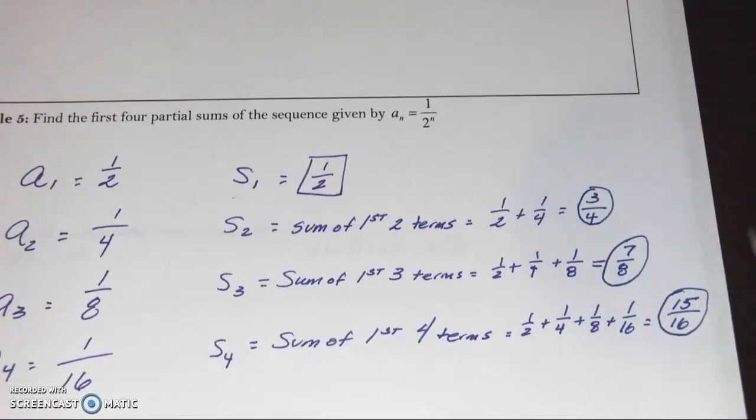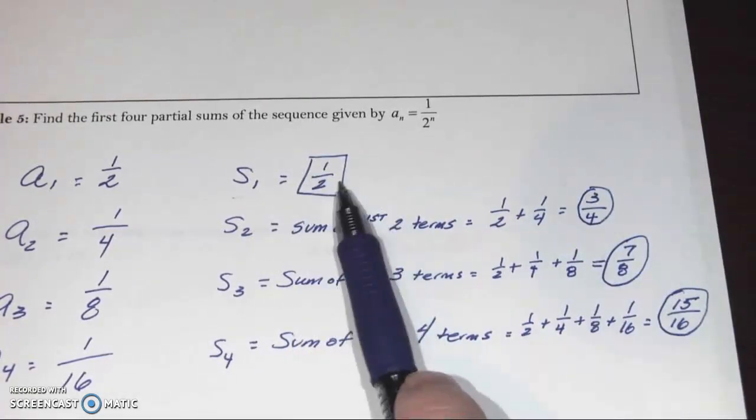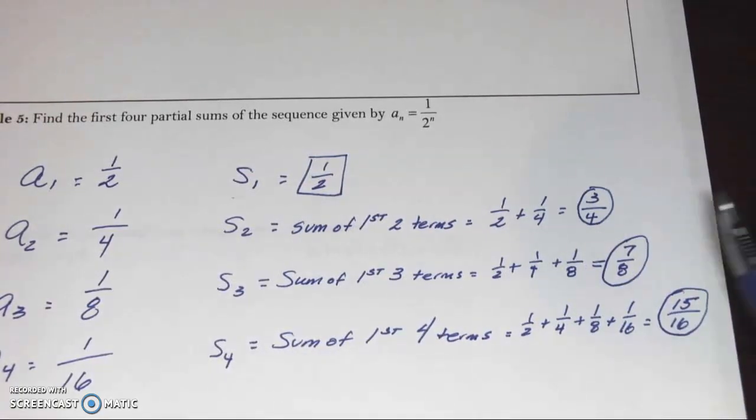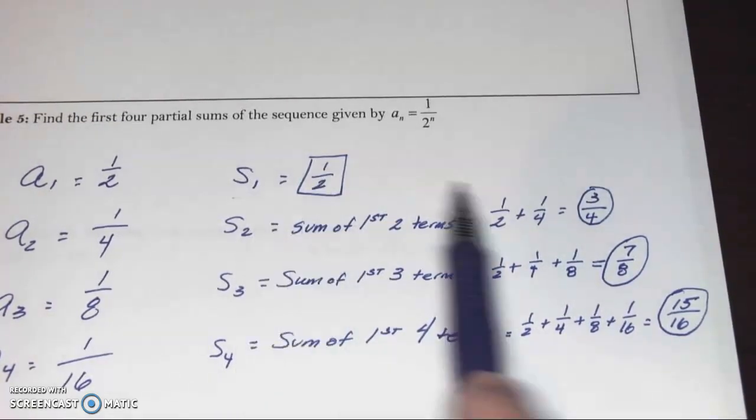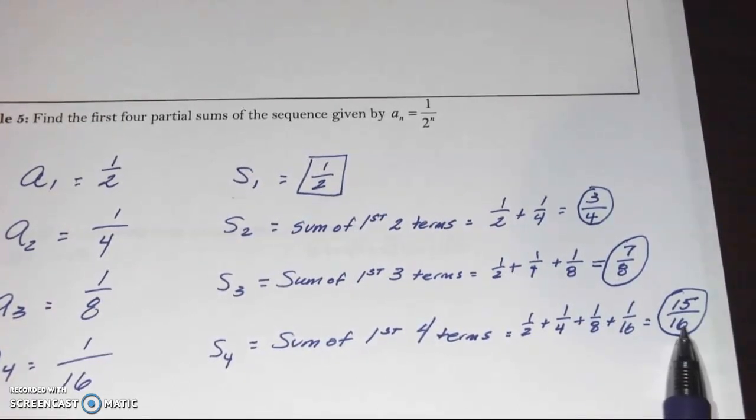Interesting patterns to think of. You also might notice that when that's the case, these sums are going to keep increasing and getting closer and closer to some integer, but never actually touch that integer. That integer happens to be 1. 0.5, 0.75, 0.875. I'm not even going to take a shot at this one as a decimal off the top of my head, but it's getting closer and closer to 1,